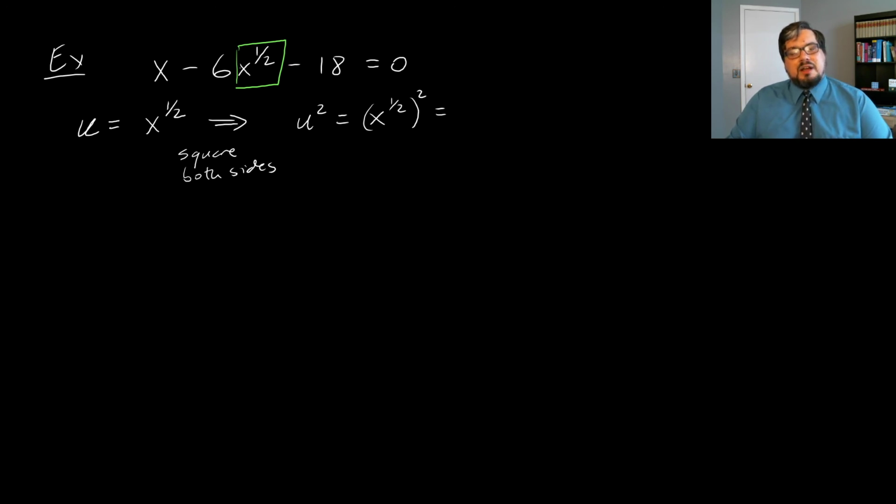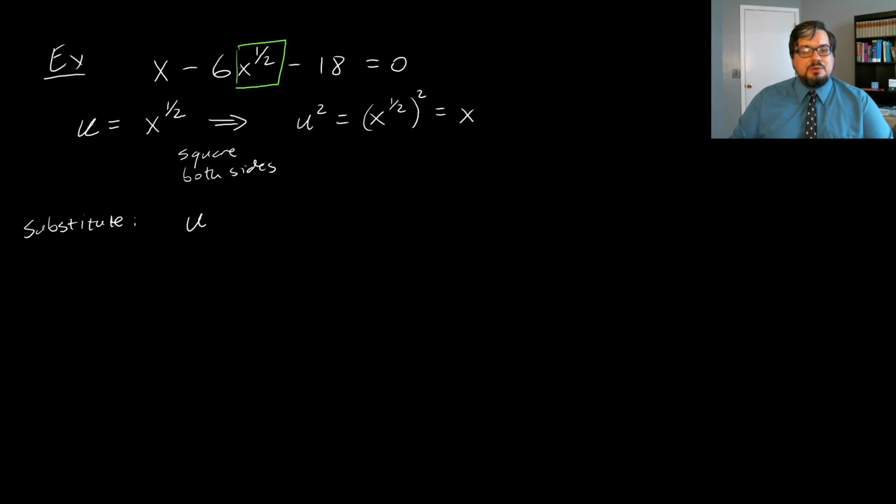Remember that when you've got an exponent raised to an exponent, you multiply them together, and 1/2 times 2 is just 1, and x to the 1 is just x. So that means that u squared is x. That means that in the equation above, wherever we see an x, we can write a u. So after we substitute,